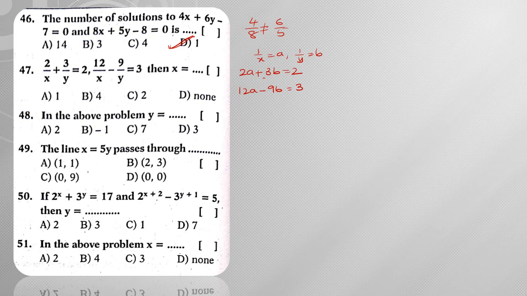Now if I multiply this equation with 3, what am I going to get? 3 2s are 6a plus 3 3s are 9b is equal to 3 2s are 6. The same way, write down the value below the second equation, which is equal to 3. Now directly I can add these two. So 12a plus 6a is 18a is equal to 6 plus 3 is 9. So from this a is equal to 9 by 18, which is nothing but 1 by 2.